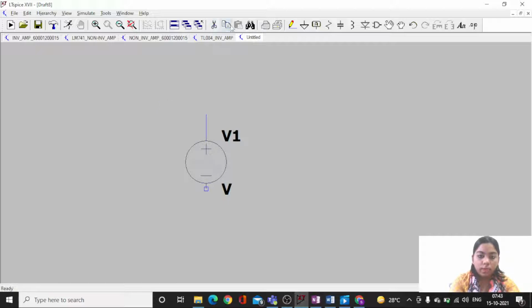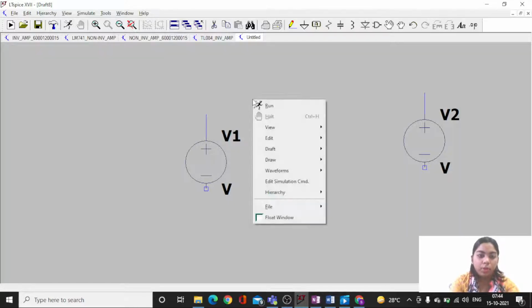You just select copy and drag, just like how you take your snapshots, in that same manner you enlarge it and take it, and this is how you get another voltage source. So that's how you can copy n number of circuits with the help of this copy feature. It's one of the most important features of LTSpice.